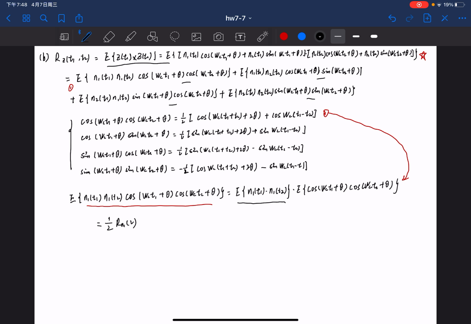We can let T1 multiplied by T minus T2 equal tau, and